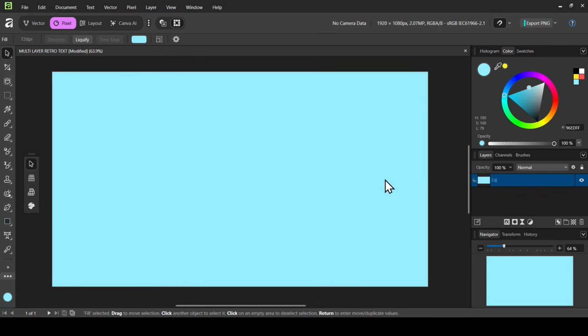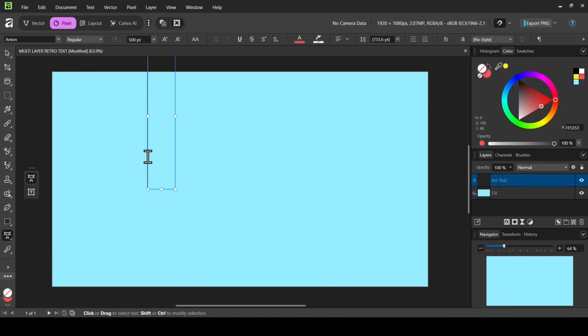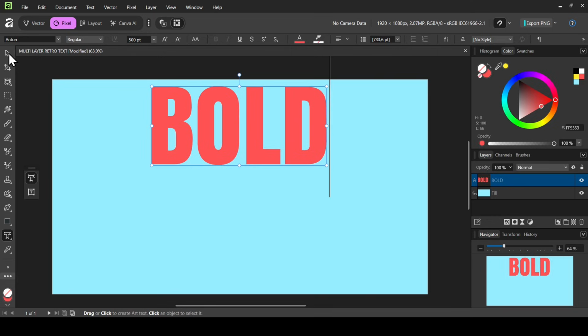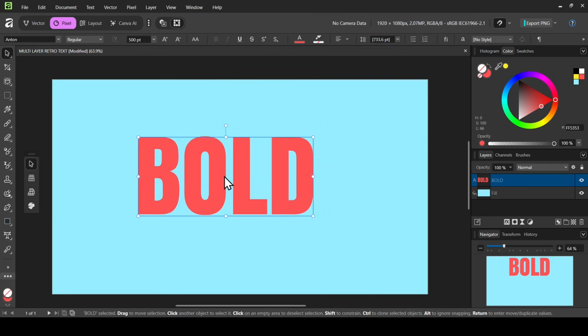So now I'm on Pixel Studio, and now let's select the artistic text tool. Left click, select artistic text tool, and now left click and type your text. I'm going to leave the text in this red color here. Now I'm going to scroll down, and let's select the move tool, and now I'm going to move